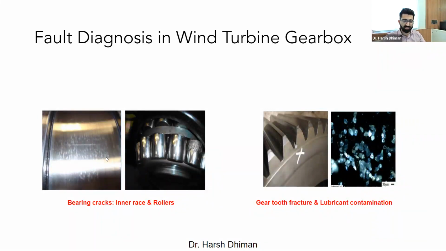Again, if you look at the bearing itself, a bearing has several kinds of faults, starting with the inner race fault. On the inner race of the bearing, you can have one fault. On the outer race of the bearing, you can have one fault. And then you can have faults or cracks on the ball bearings, right? Or there could be a roller defect, which is what we commonly categorize in industry. So yes, these are certain faults in common rotating machinery, and typically they would be present in the turbine gearbox as well.